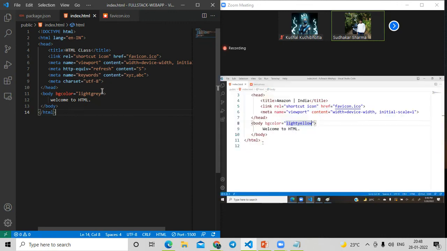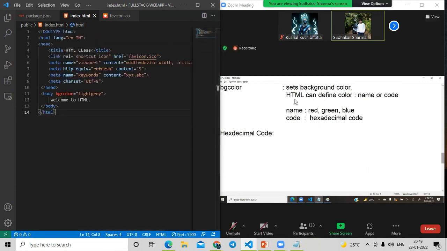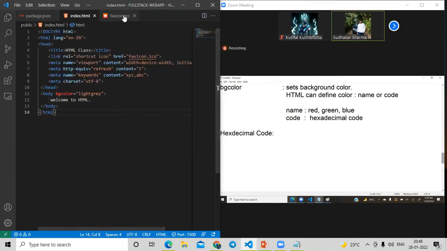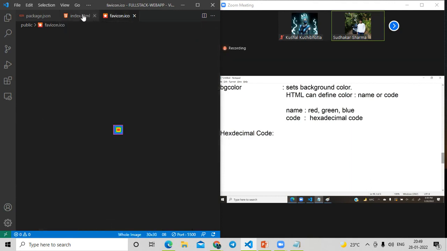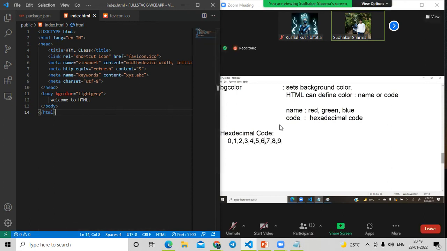How are the color codes defined? Actually, this is very important. Hexadecimal code is defined like this. Observe carefully. Hexadecimal values start with 0, 1, 2, 3, 4, 5, 6, 7, 8, 9.